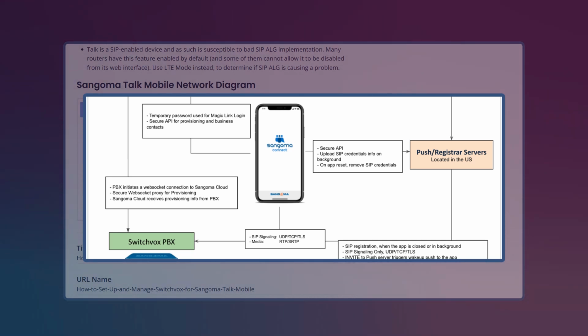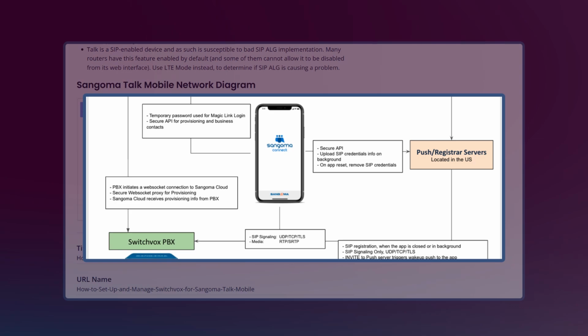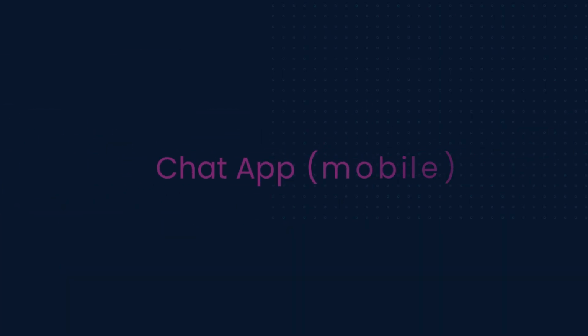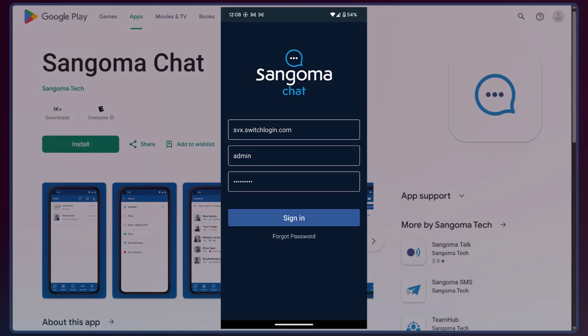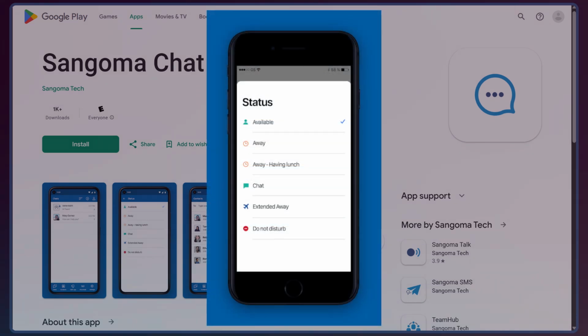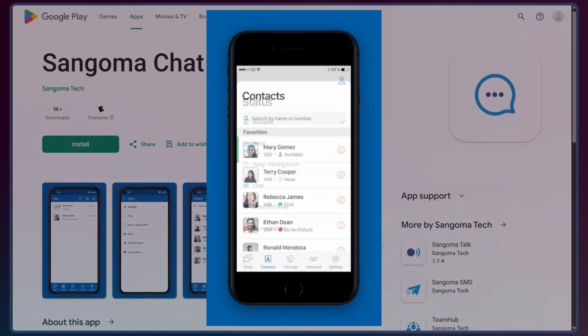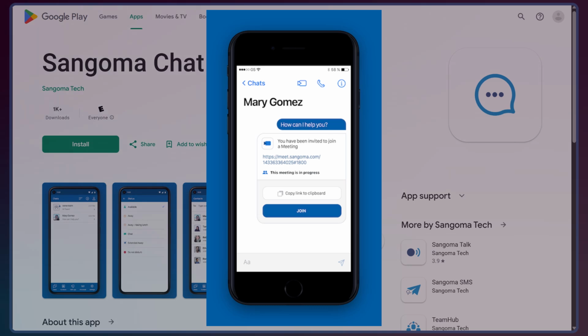Now we can take a look at using the actual mobile applications. So join me in the mobile environment. To simplify the features and functionality of the applications, you can think of the chat application as the launchpad for the other applications. The chat application contains your contact list, for example, which when a contact is pulled up, you can click the contact that you wish to call. This will automatically bring up the Sangoma Talk application and place that call via the Sangoma Talk softphone. If you click on Sangoma Meet, it will automatically bring up the Meet app and start the conference.